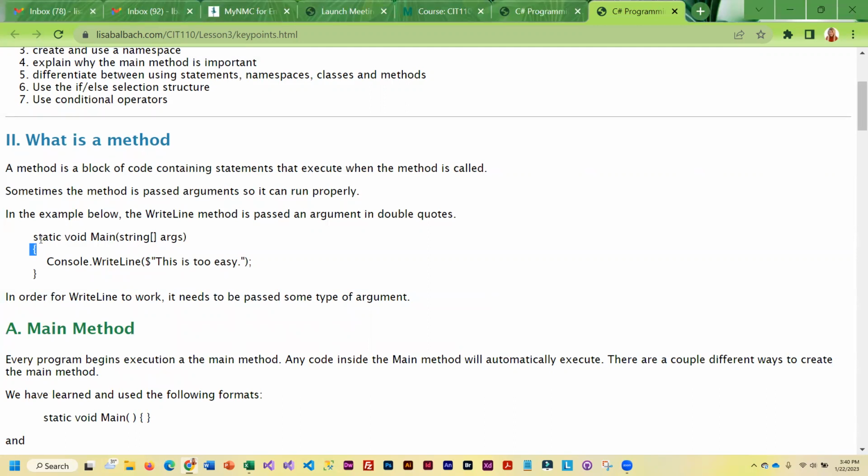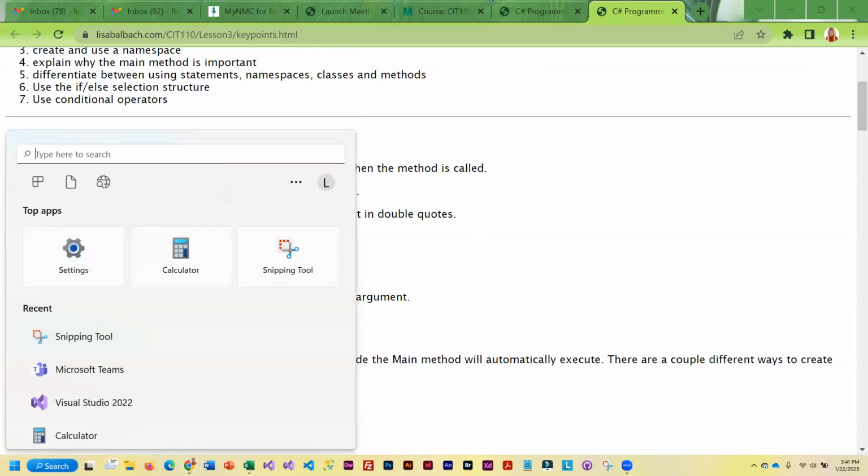Okay, and so basically void here means that main is not going to return anything, but if you wanted to pass it some arguments, you can, but those arguments are not required. Okay, and really the only time you'd pass it arguments is if you were not running it really inside of C#. That usually happens if you are running it in a console window. And for those of you who don't know what the heck a console window is,